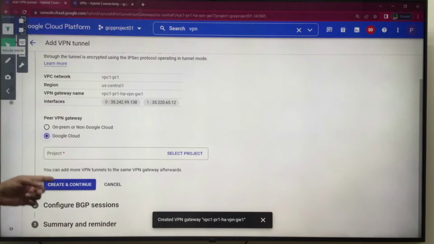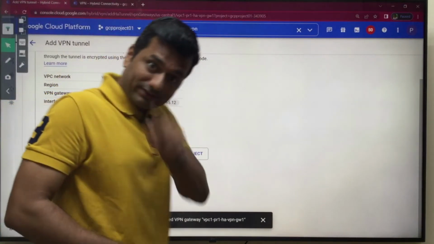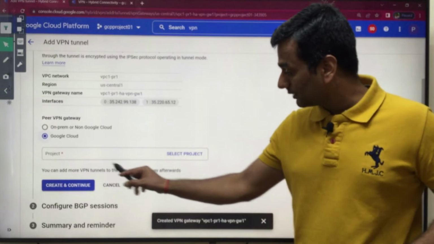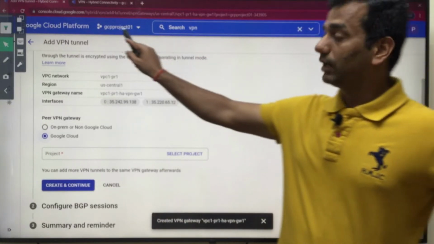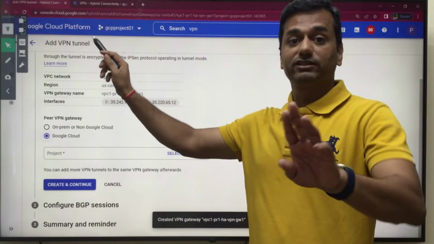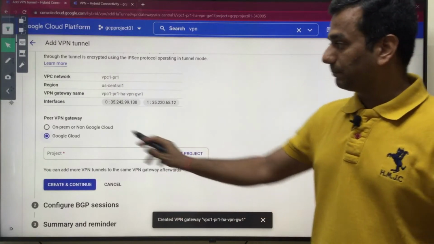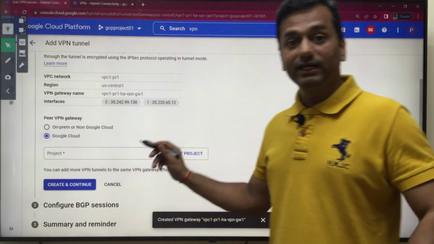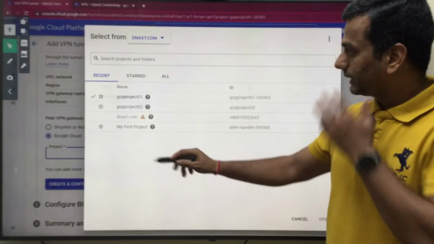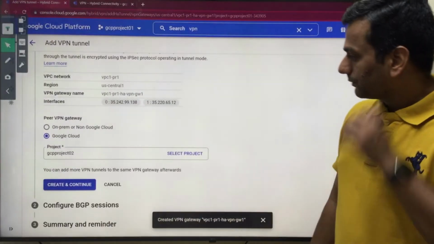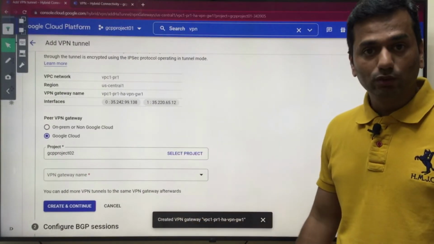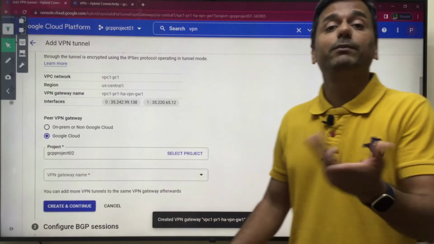As soon as you click on Google Cloud, it is asking you to first select the project. Currently we are in Project 1, so you have to select Project 2, because the peer VPN gateway is in Project 2. As soon as you select Project 2, it is asking you to provide a VPN gateway name.